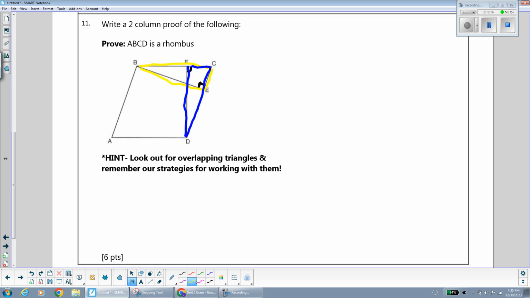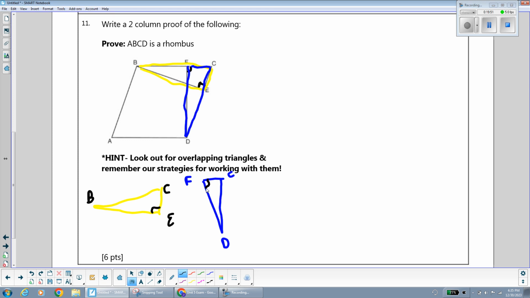So if you draw them separately on your paper, which is one of our strategies for working with overlapping triangles, that and color coding, which are both good to do, you will see that this right angle is actually an angle in the blue triangle, and this right angle is actually an angle in the yellow triangle. So already we have a pair of congruent angles that we can work with in order to prove the triangles